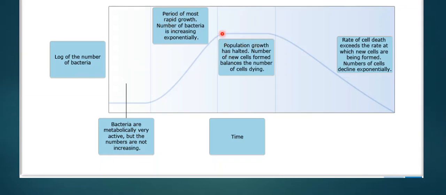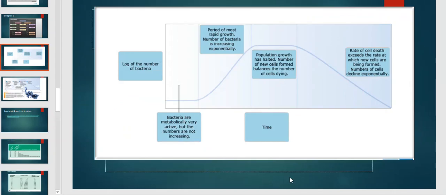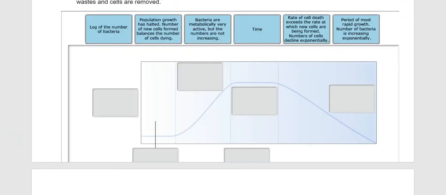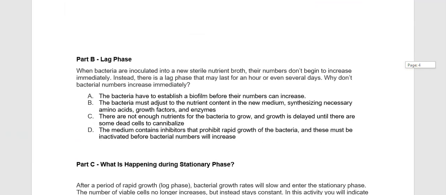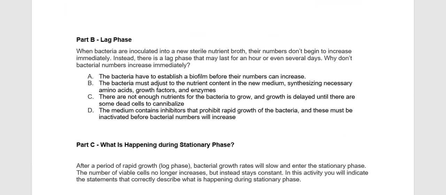And then here is the stationary phase, where the population growth has halted. The number of new cells coming in roughly equals the number of cells that are dying. And then we have this death phase where it's the exponential decrease or decline in microbial cells. And remember, this holds true in a closed system where there's no new nutrients coming in and there's no way to get rid of waste. That curve can change and can be manipulated if we are inputting new nutrients or if we're getting rid of